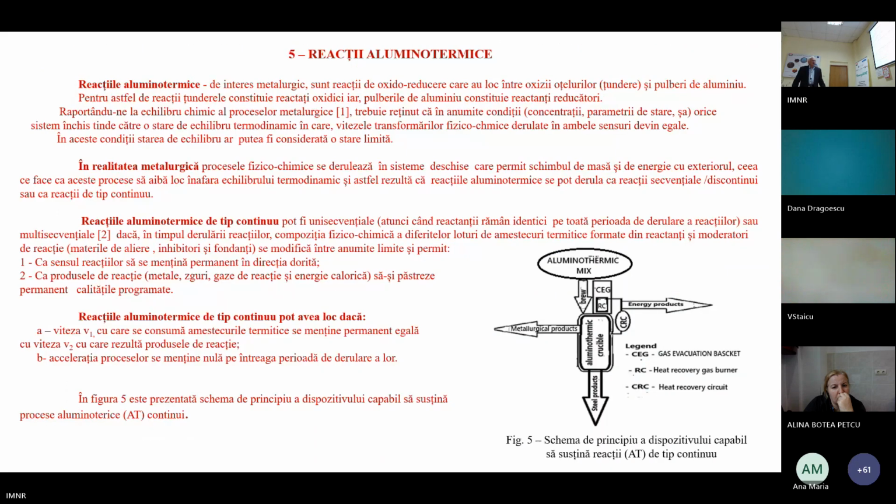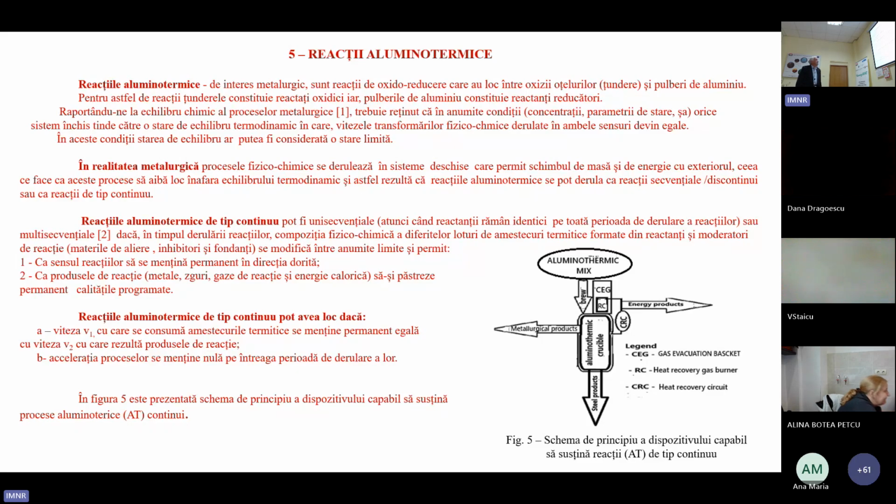Acum, după ce am stabilit reacțiile, rețetele termitice, rețeta termitică sau familia de rețete termitice, trebuie să scoatem în evidență faptul că reacțiile aluminotermice de tip continuu, că astea sunt cele care ne interesează în acest moment, pot fi unisecvențiale atunci când lotul de țundere are aceeași compoziție chimică și când produsele de reacție sunt aceleași pentru întreg lotul, sau multisecvențiale, cum de fapt este realitatea,